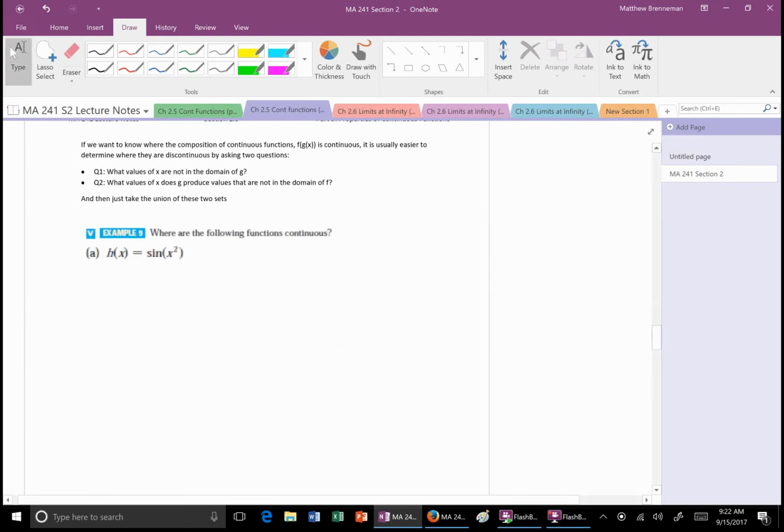Now, when we're taking compositions, sometimes it's easy to figure out where the function is not continuous. So notice I have a composition here. My inside function is x squared. The outside function is sine. So I look at the composition and I say, oh, great, we have a sine. As soon as I see something like that, I know it's a composition. So the first thing I'm going to ask is, are there any values that are